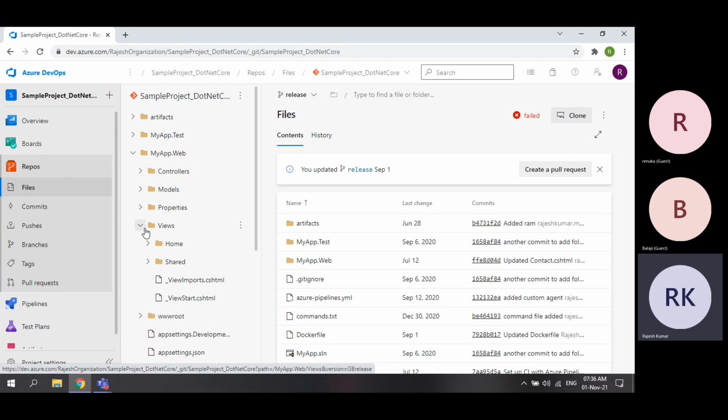So when you wanted to deploy your application into servers, then you go for infrastructure as a service in cloud. But when you wanted to deploy your application on the cloud and you don't want to take any responsibility of the servers, then you will go for PaaS. Okay, you will deploy your application in PaaS services. So one of the famous PaaS services to deploy your application is app services.